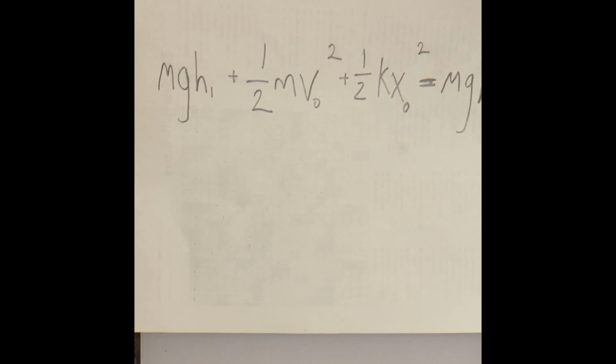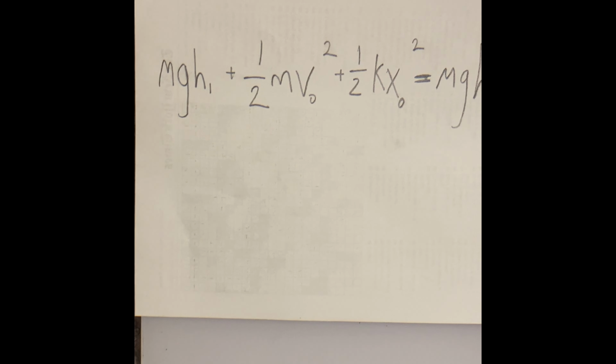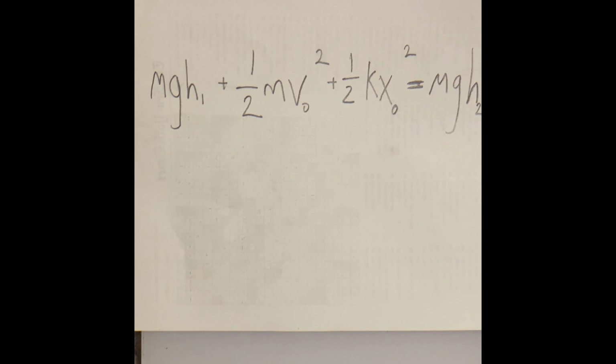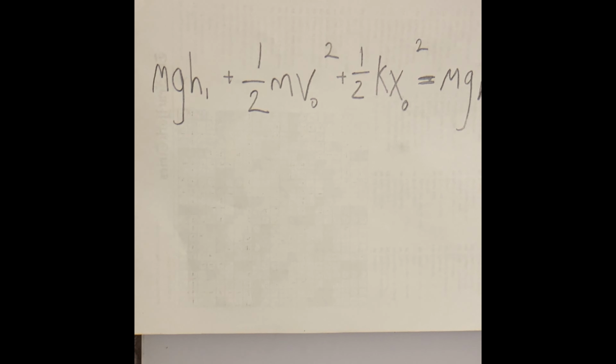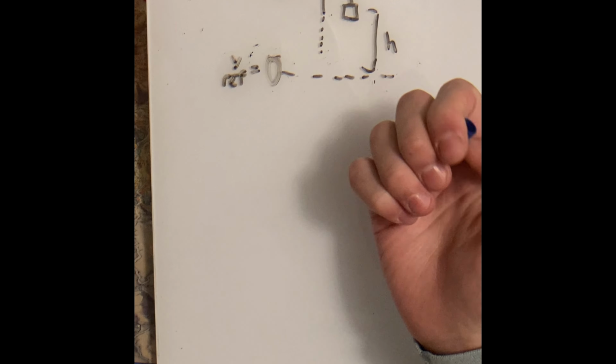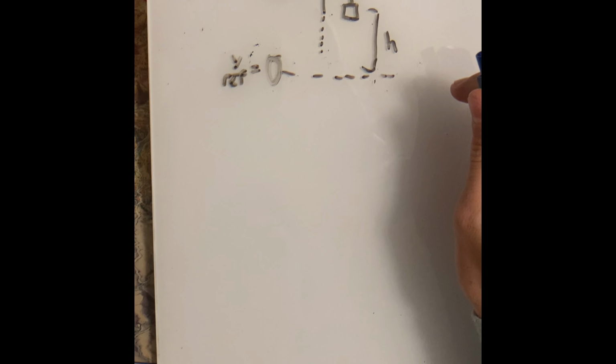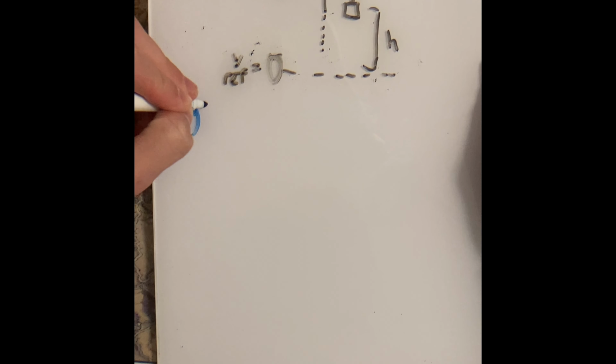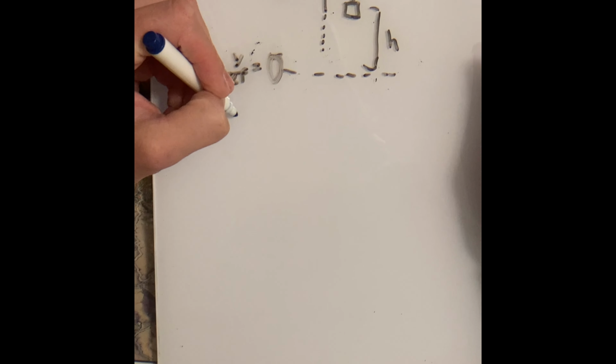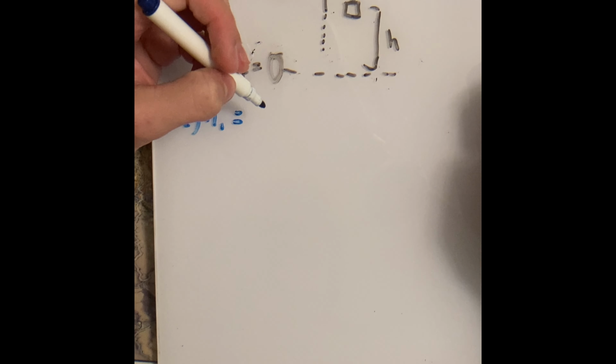Now, to determine the final velocity of the cart, using the second method, conservation of energy. The law of conservation of energy states that our final kinetic and potential energies summed up equals our initial kinetic and potential energies summed up. We only needed a couple of these elements in our situation because we started with no kinetic energy, no spring energy, and our second mass's kinetic energy is the only one that matters because it's the only one that changes. So we can say M2 g H1, that's our initial gravitational potential energy, equals our final gravitational potential energy,